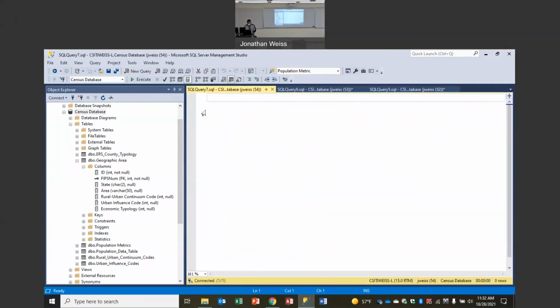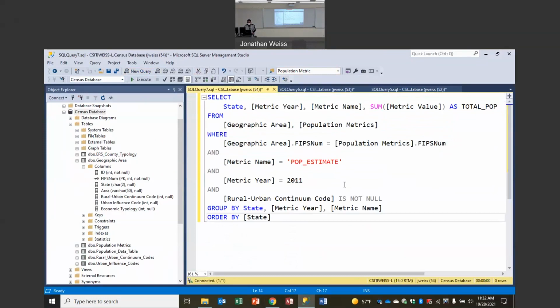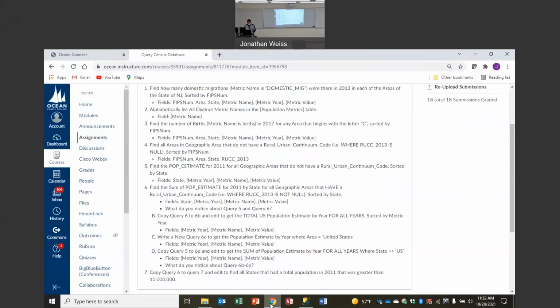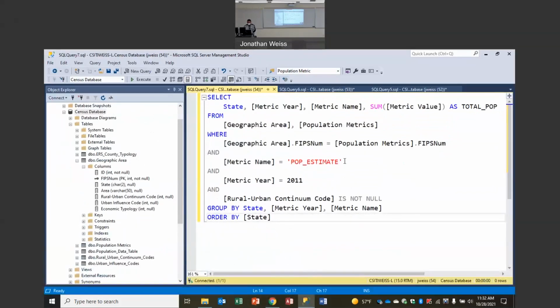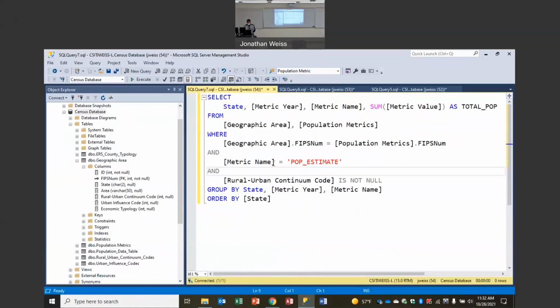And we're going to create a new query, and we're going to edit this so that we do all the years. And we want the total US population. So we're going to get rid of the year clause here. And we want the pop estimate, grouped by state, ordered by state. And in this case,